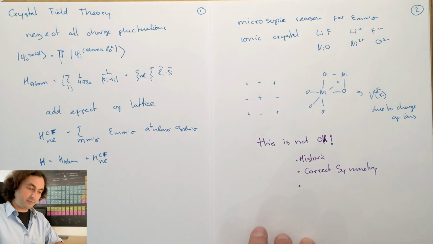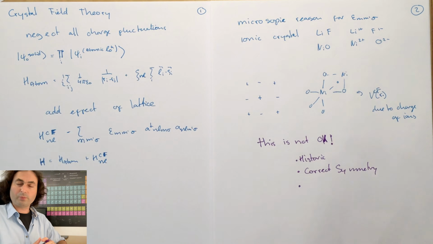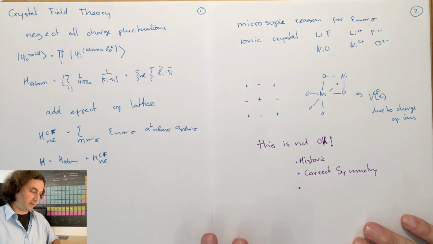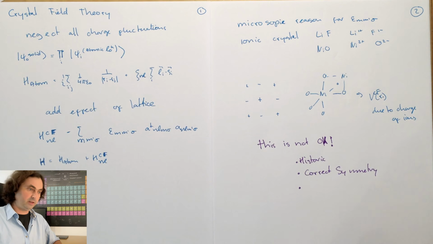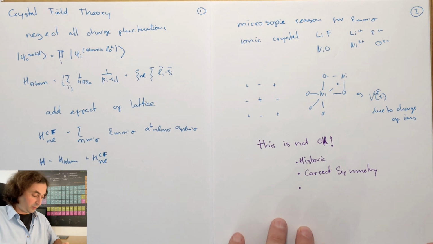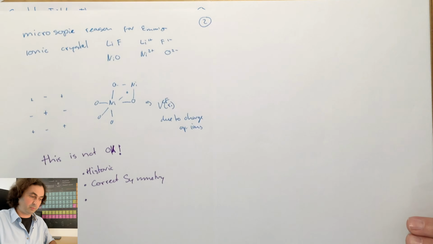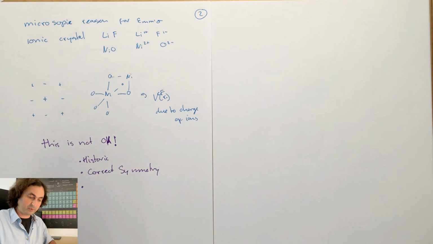So if you include your sums in lucky and correct ways, you now and then get correct answers. And even if you include sums in incorrect ways, you get at least qualitatively the right direction in which you have to go. So that of course was highly encouraging for people in the beginning when they developed these kind